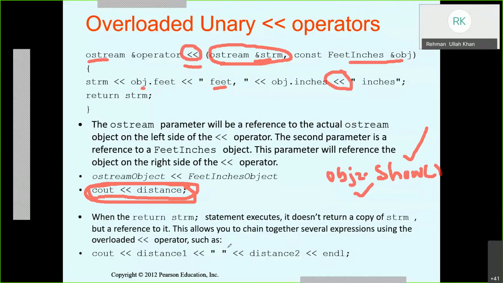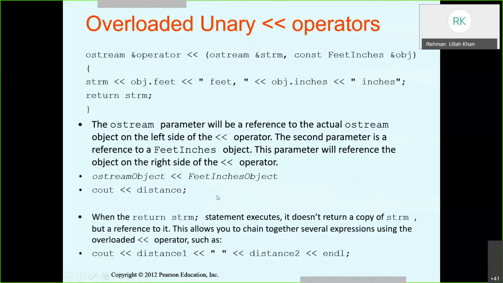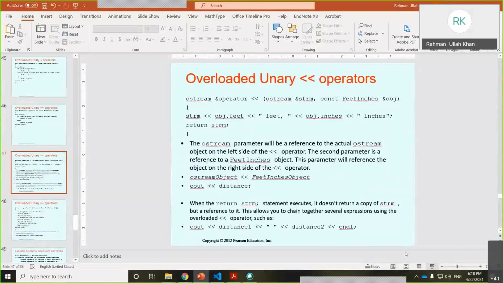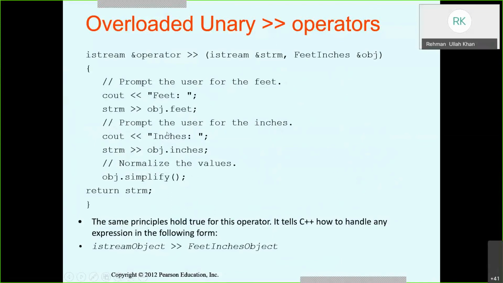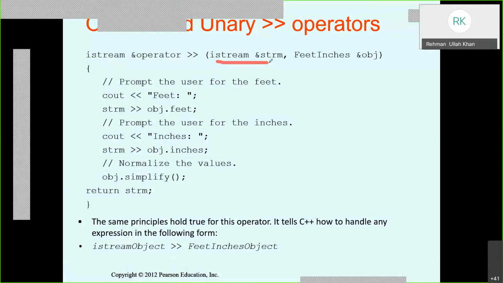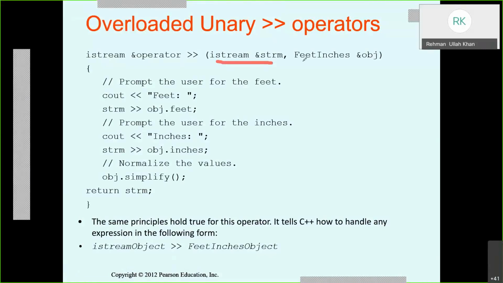The same applies to the extraction operator. Once you define this one, it has the same procedure as with ostream, but it is for input. So the istream object reference, and its own reference, and then you see the message, enter the value, and return the value.